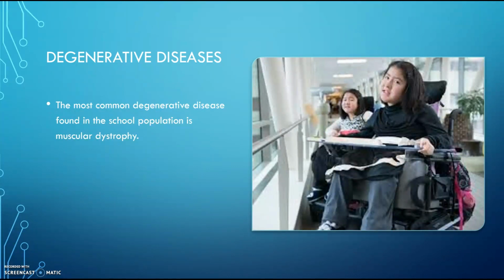Degenerative diseases. The most common degenerative disease found in the school population is actually muscular dystrophy. And so here is an example of 2 girls that have muscular dystrophy. Obviously they can't walk, so they're in their wheelchairs. And so during class you would need to make special accommodations for them to be able to feel like they're